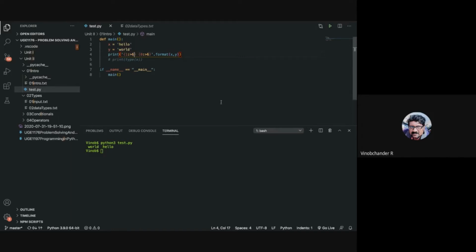Now for example, if you want to have some leading zeros, what you can do here is put a 0 here. To understand this better, let me put a leading 0. If you put a leading 0 and run this program, you can see here 0 and world, 0 and hello. So the total width is 6: 1, 2, 3, 4, 5, including 0, 6. Similarly here 6. If you do a left shift, see here it is this way.